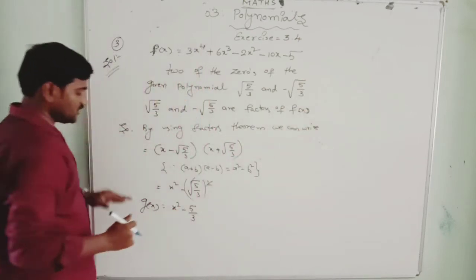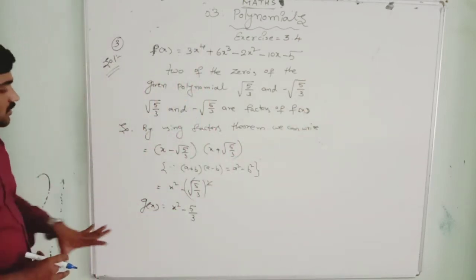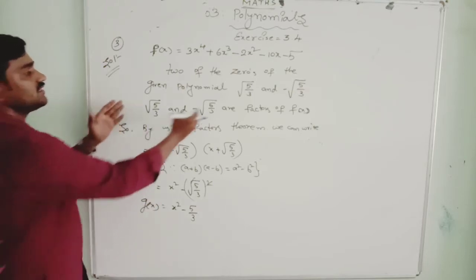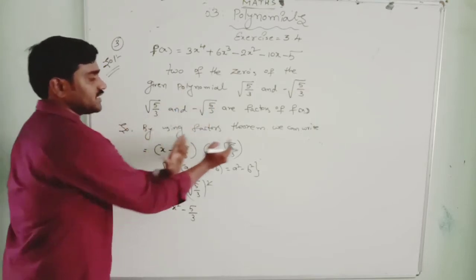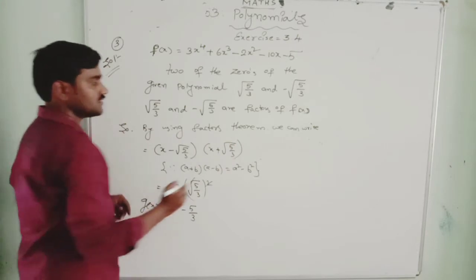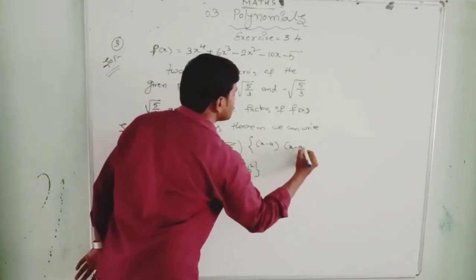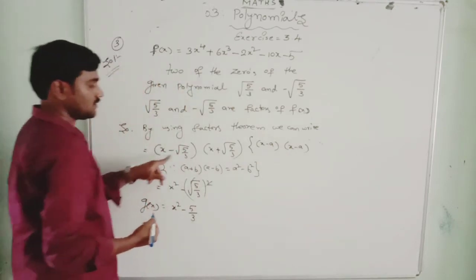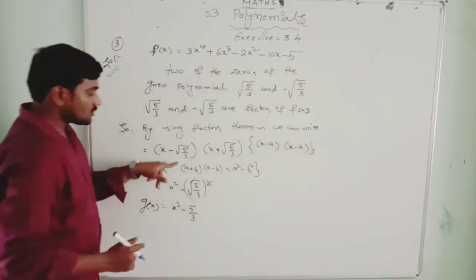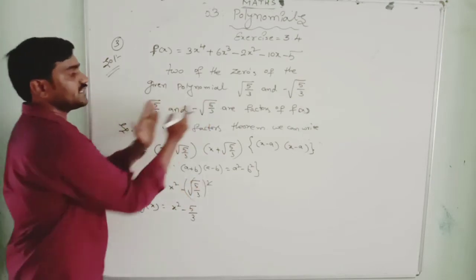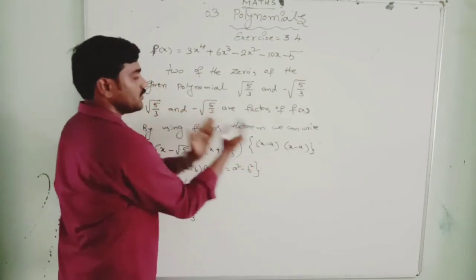f of x equal to g of x into q of x plus r of x. In that way you have it. So g of x we got it. Only these zeros we have written, in the form of x minus a into x minus a. In that form we have written this. So we got these two. So then it is in the form of (a plus b) into (a minus b). If they give any numbers, we have to do the same.